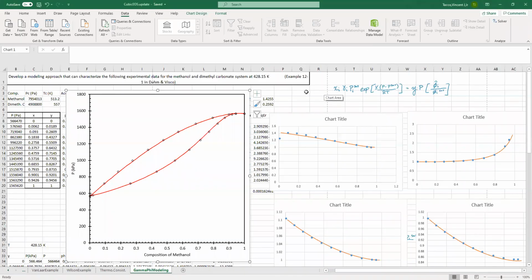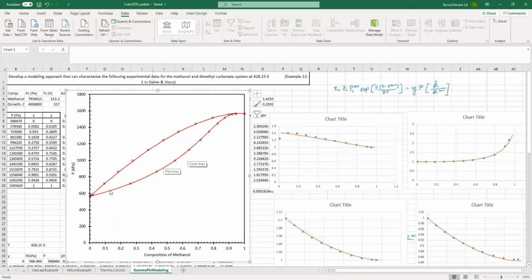Okay, for today's first class, I want to go back and revisit that problem on Friday that I had a problem with, and I was unable to find the mistake on Friday. But as I said at the last video, sometimes when you make a mistake and you're trying to troubleshoot in Excel, staring at it for longer is not going to help because it's more difficult to find your mistake sometimes. So I decided to take a little break, come back to it, look at it with fresh eyes, which I did over the weekend, and thankfully I was able to find my mistake, which is pretty significant, and fix the